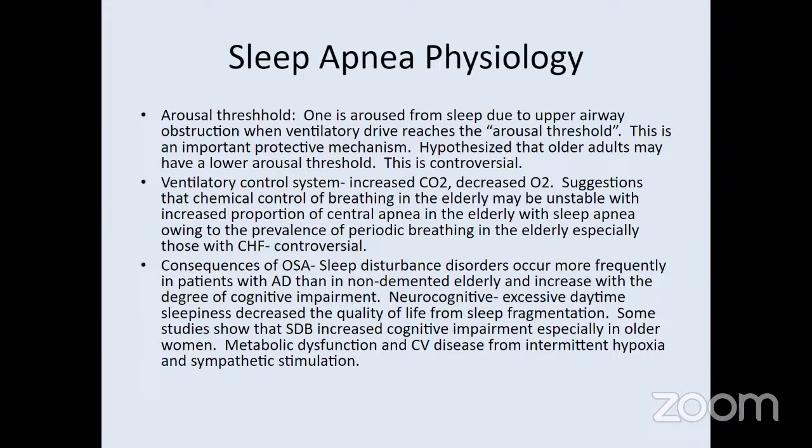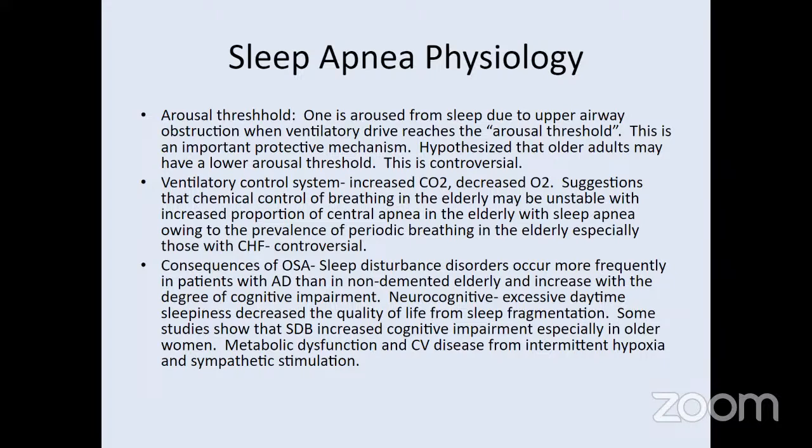Ventilatory control system: increased CO2, decreased oxygen, and suggestions that chemical control of breathing in the elderly may be unstable, with increased proportion of central apnea in the elderly with sleep apnea, owing to the prevalence of periodic breathing in the elderly, especially those with congestive heart failure. This is also controversial. Consequences of obstructive sleep apnea: sleep disturbance disorders occur more frequently in patients with Alzheimer's disease